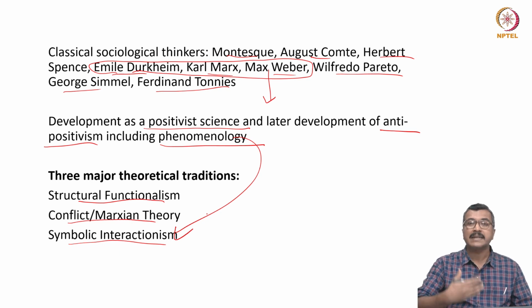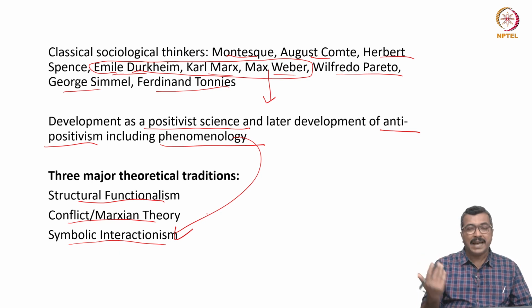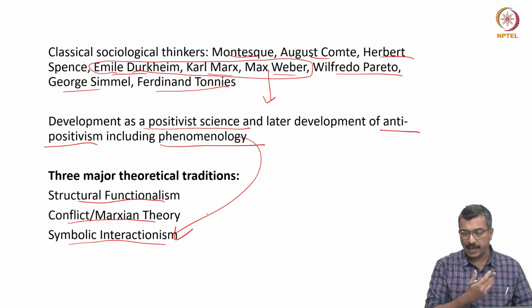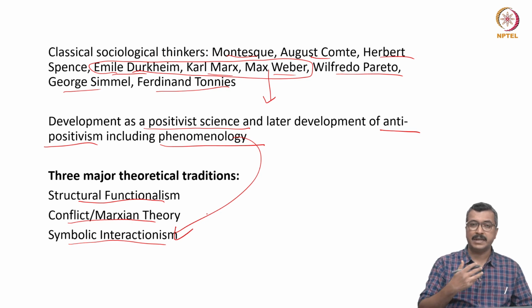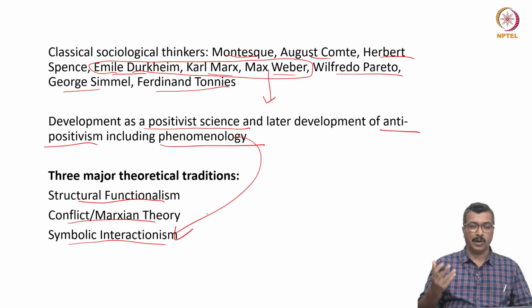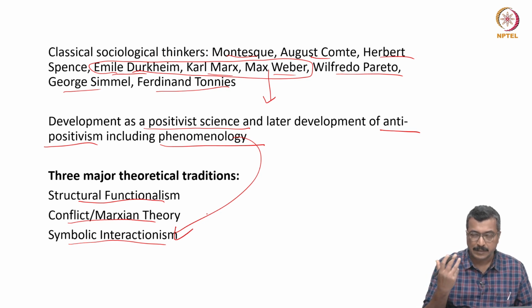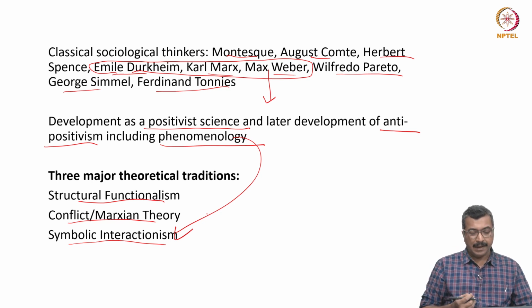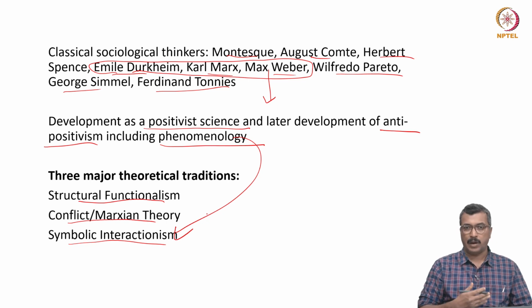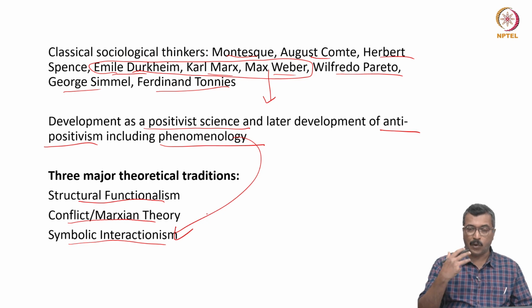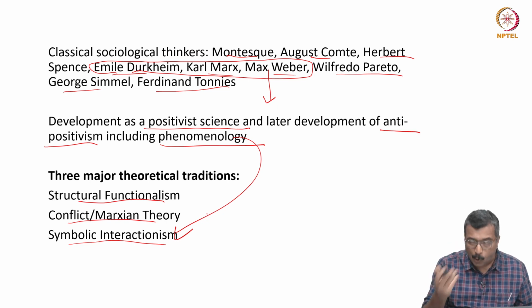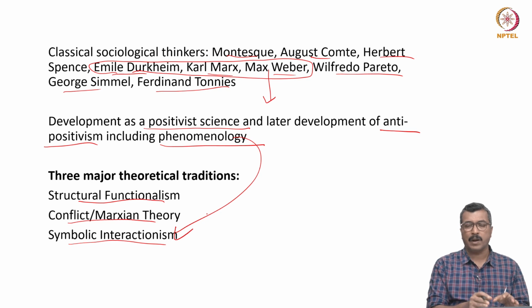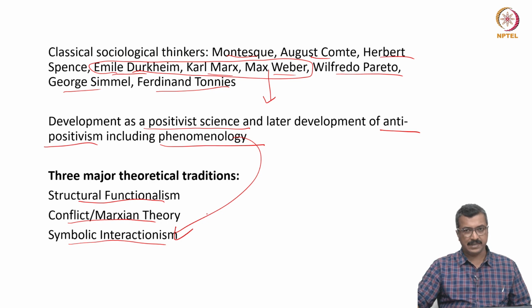Okay, how interaction is possible, how we all share a society. Society is made possible through the realization of an intersubjectivity. We all inhabit a space called intersubjectivity, and it tries to understand how we construct certain ideas of normalcy, certain ideas of society being normal. So it looks into that. It's a more micro-level analysis compared to conflict and structural functionalist theories.